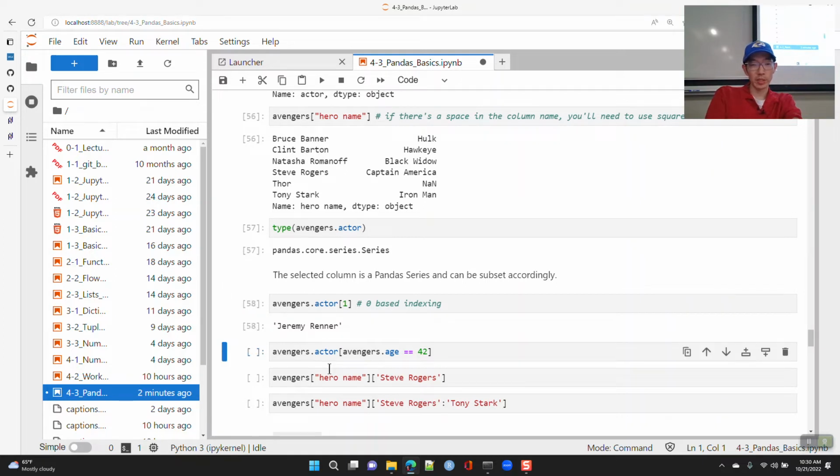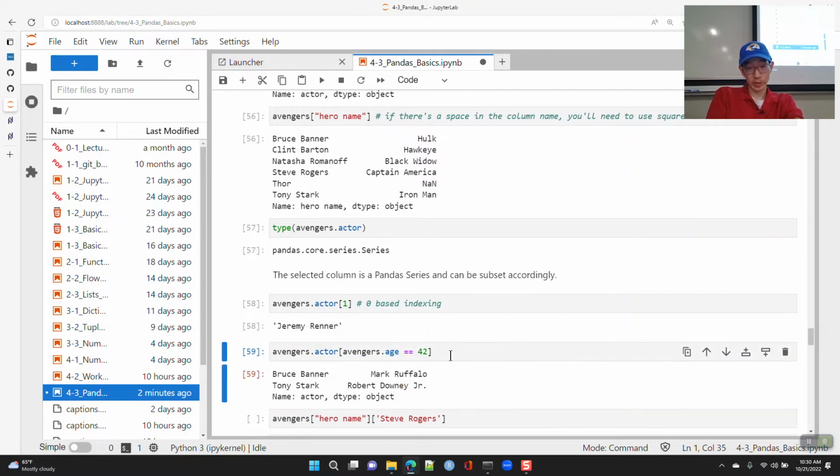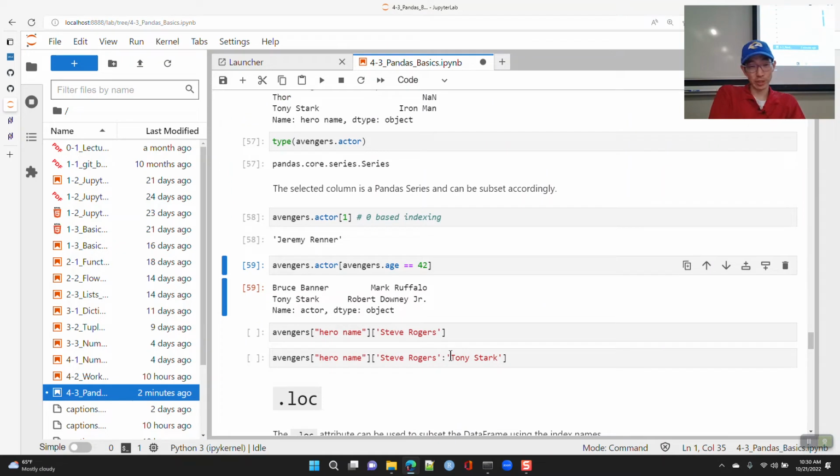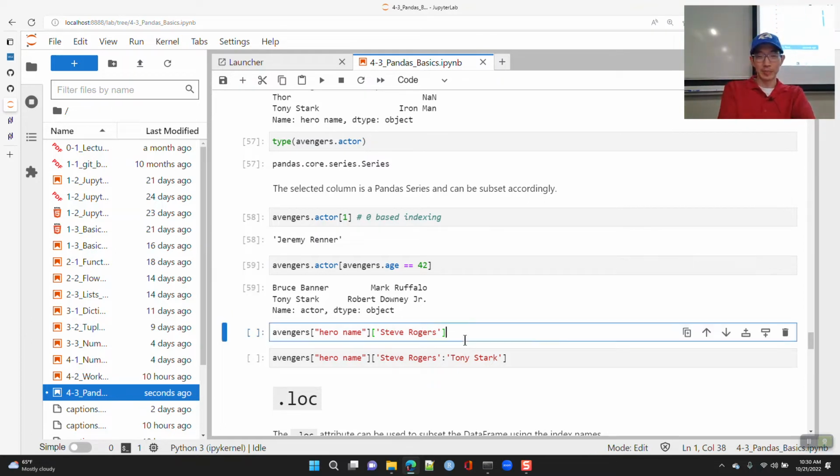You can also use Boolean vectors. Here I can say who has age equal to 42, and apparently there were two characters, Bruce Banner and Tony Stark, who are the same age in the movie. Maybe, I don't know. I'm not an expert on this. And so we have that.